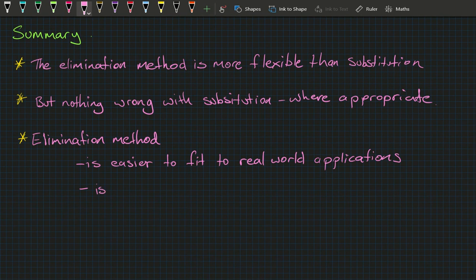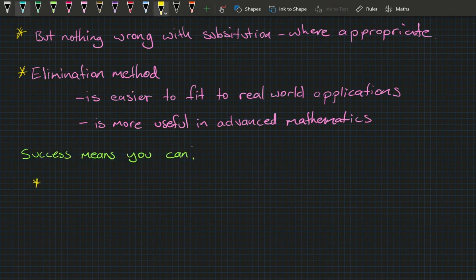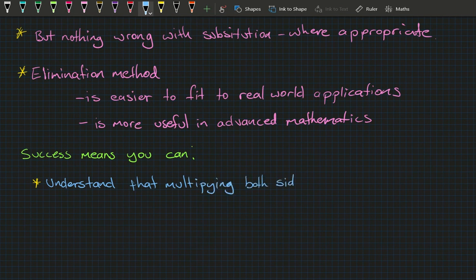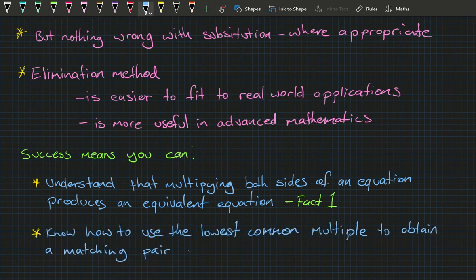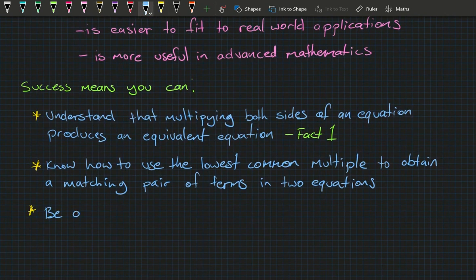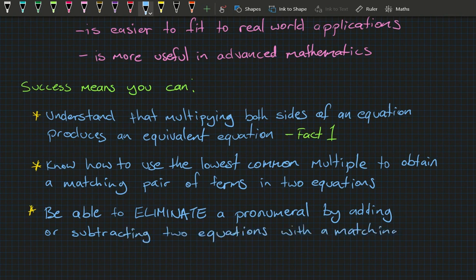And also, as you progress in your mathematics education, you'll see that we're able to extend this method to linear relations of more than 2 variables and even non-linear relations. So for you to consider this lesson to be a success, you'll be able to understand that multiplying both sides of an equation produces an equivalent equation, i.e. fact 1. Know how to use the lowest common multiple to obtain a matching pair of terms in 2 equations, and be able to eliminate a pronumeral by adding or subtracting 2 equations with a matching pair, which is fact